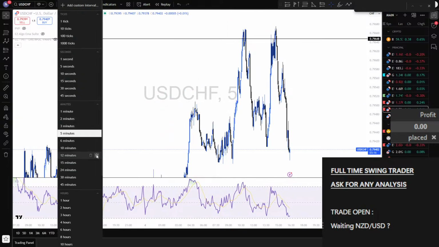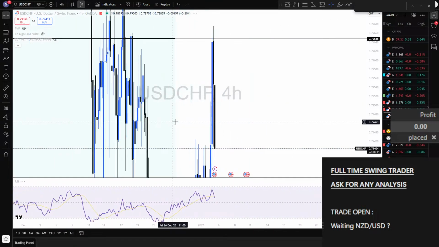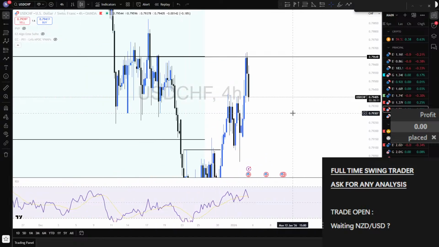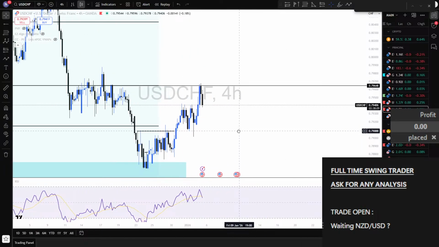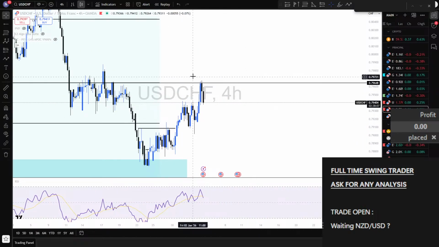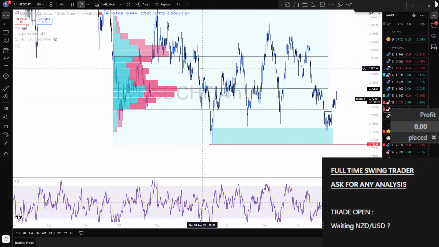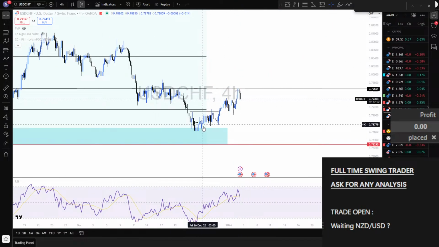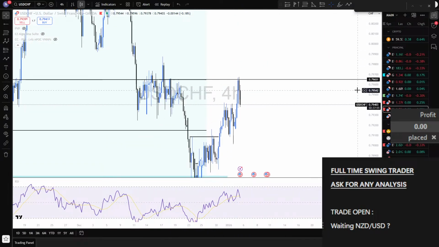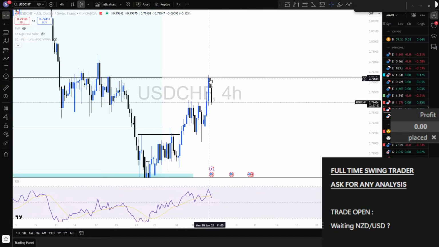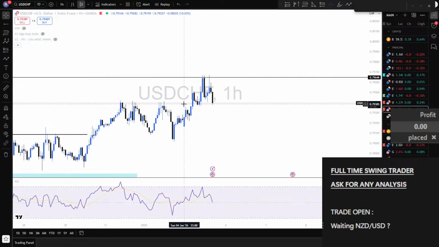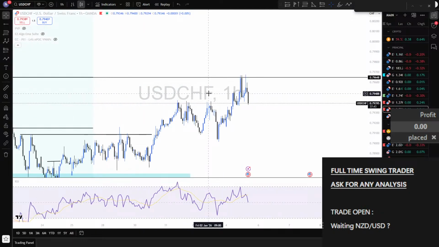Let me check if the market did something on other assets in the news. Okay, USD CHF. Like I said, your TP was supposed to be there because it's the POC of the range. You took a long around here, like we said yesterday. Your TP, it was safer to put it there. So I hope some of you did if you were long on USD CHF.